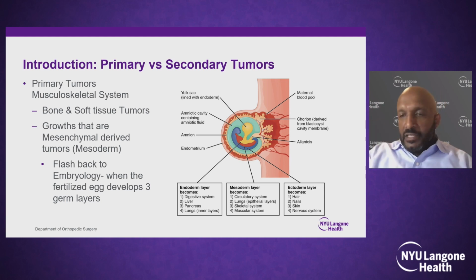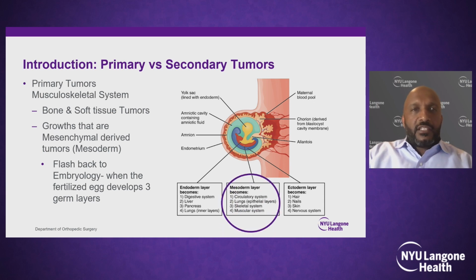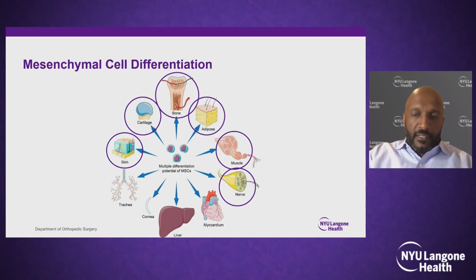Sarcomas are malignant tumors of the bone and soft tissue. Now, not everything of the bone and soft tissue is malignant. Many benign lesions occur. So in looking at this, the mesoderm spawns the mesenchyme. And the mesenchyme, which is part of these stem cells, these cells that develop out of the original cells,